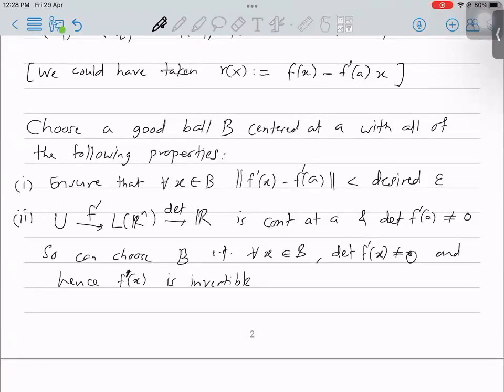Okay. And so later on, the reason why we want to do this is that we will get the condition that f prime of x times some vector is 0. Therefore, we want to conclude that the vector itself is 0. That's how it will be used. Okay. And then the third condition that I want to have is that